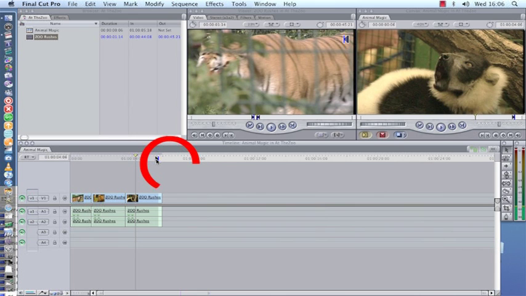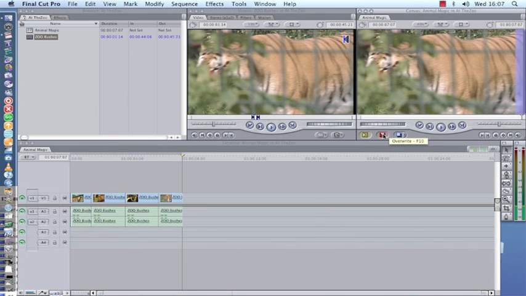We've got an in point here, which is also the same as the in point on the canvas, and an in and an out on the viewer. Any combination of 3 points on the viewer and canvas is enough to define the edit. So you could, for instance, have just an in on the viewer and an in and an out on the canvas. The effect would be the same. So let's edit that shot in now.